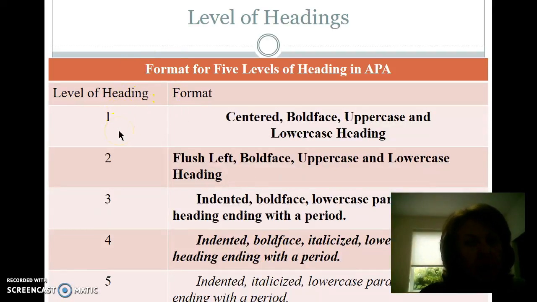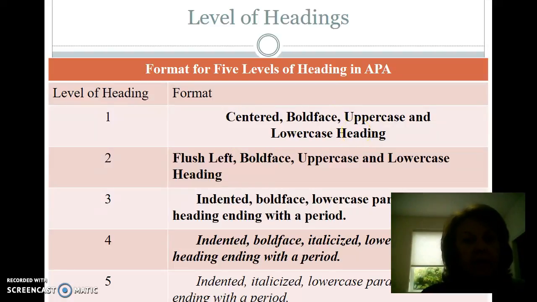This table is actually in your APA manual, and so what I mean by not bolding the title of your paper or not considering it a heading is you will note on this table of headings that the very first level of heading that we use in our paper is centered, it's bold-faced, and it uses upper and lowercase letters